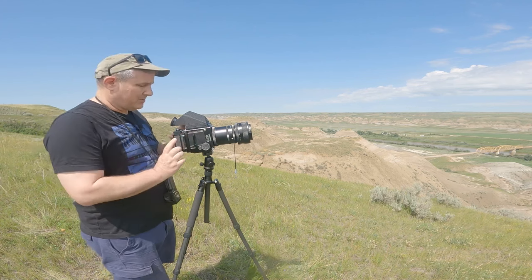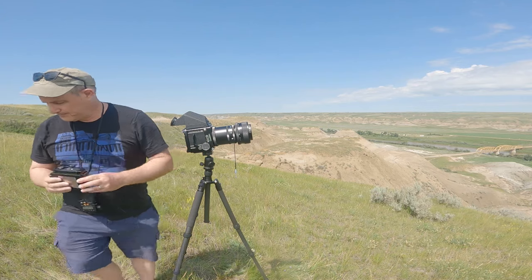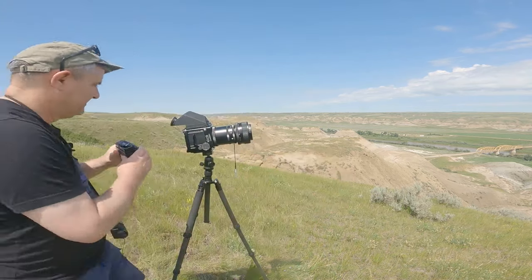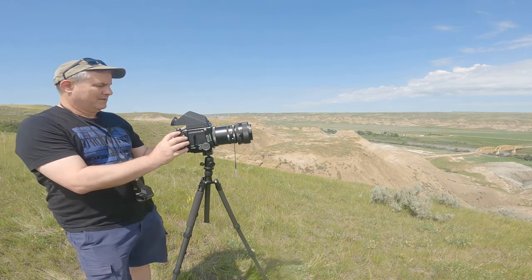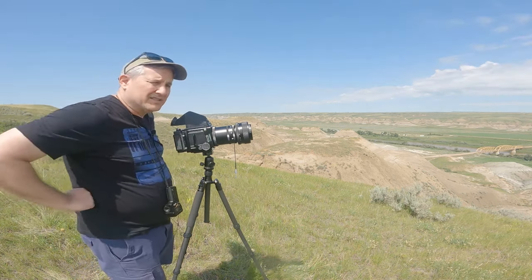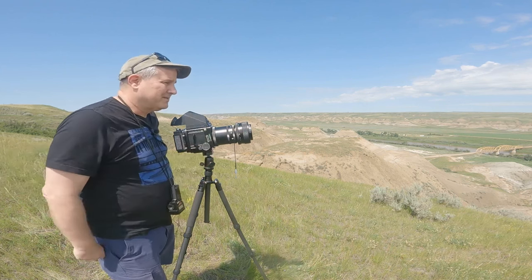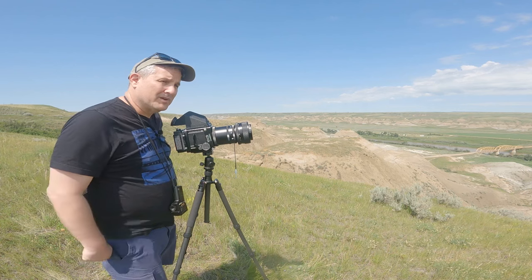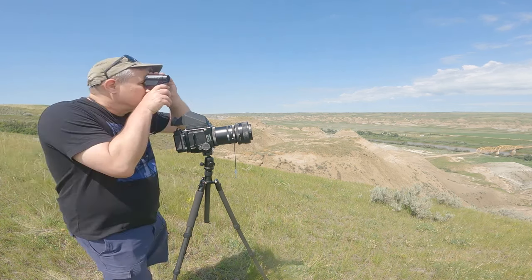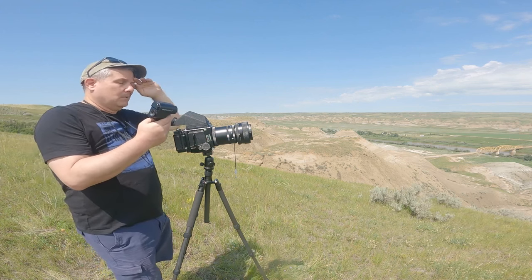Okay, now I'm going to switch the back out, and I'm going to put the Delta 400 back on. Delta 400. Don't leave home without it. I normally shoot Delta 400 at EI of 250, and with this filter I got to give 5 stops more, so that's going to be about an EI of 8. Take a reading of that same area, and we've got